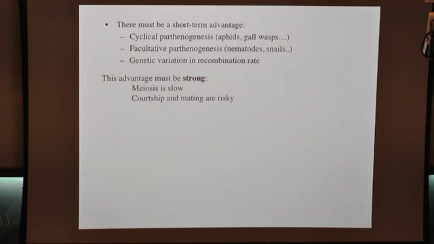Now, the advantage of sex and recombination really have to be quite strong. I mean, it's kind of obvious that it's complicated. Meiosis is complicated. It's much slower, much more costly energetically. Why not just go through the much simpler mitotic process? At the level of whole organisms, multicellular organisms, courtship and mating are risky. Actually, this applies to unicellular as well. It's a lot of trouble finding another individual. It limits your ability to colonize new habitats, etc.